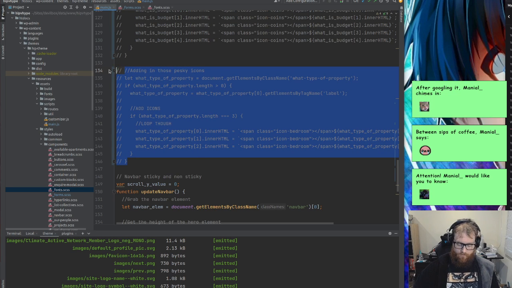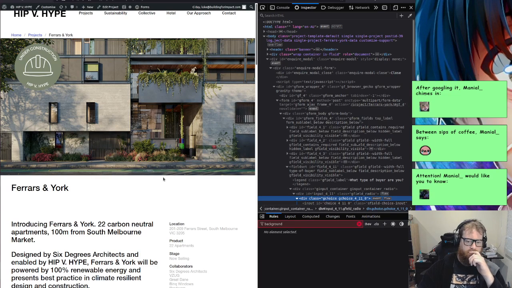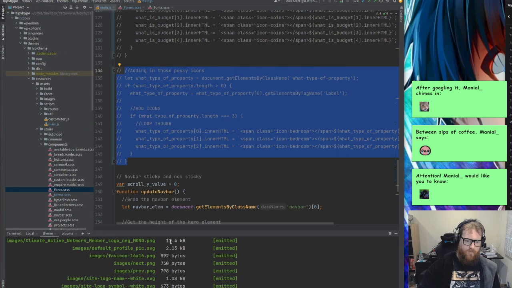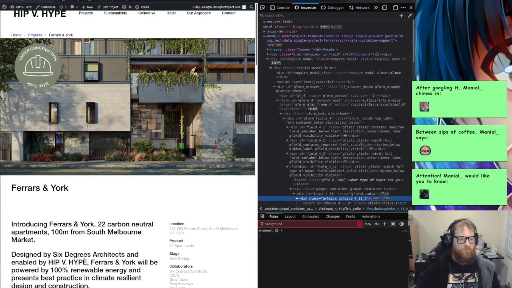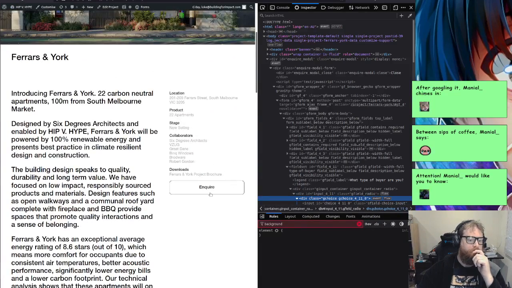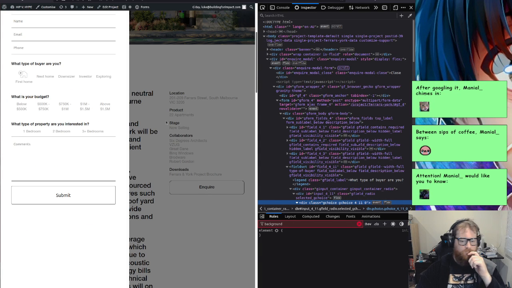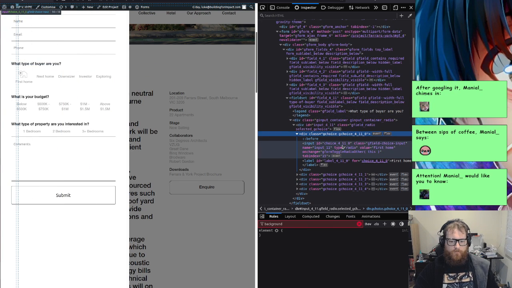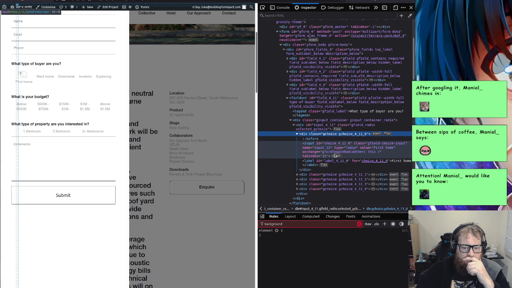We'll work through them all. Gotta recompile. All right, and then when we put the selected on,